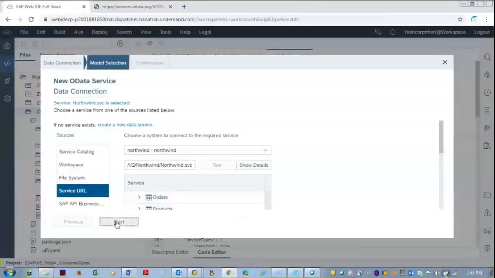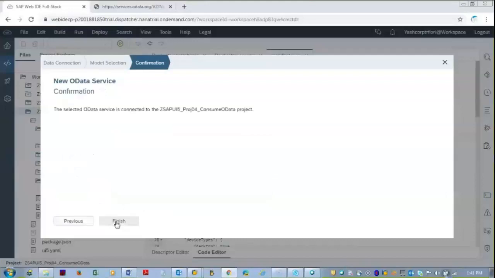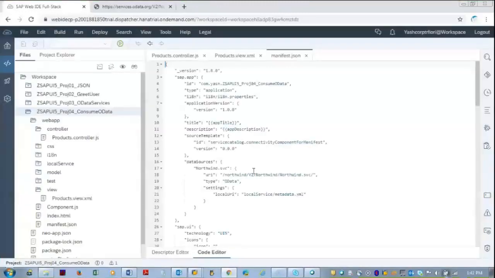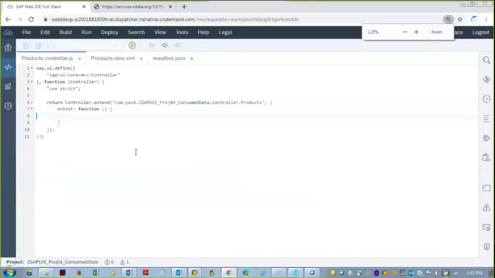Click on the next button again, again, and click on the finish button here. And here there is an entry in the manifest.json just now created, and this is the URL which we have to use in the controller code.